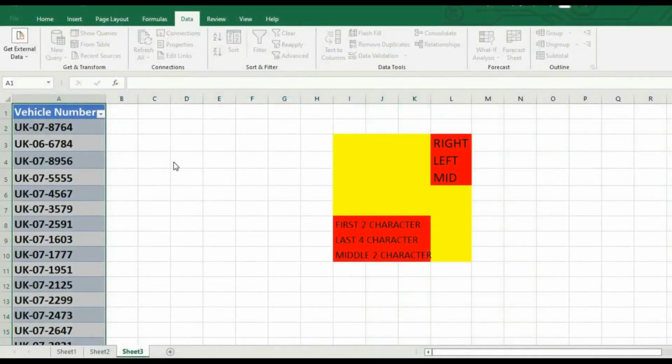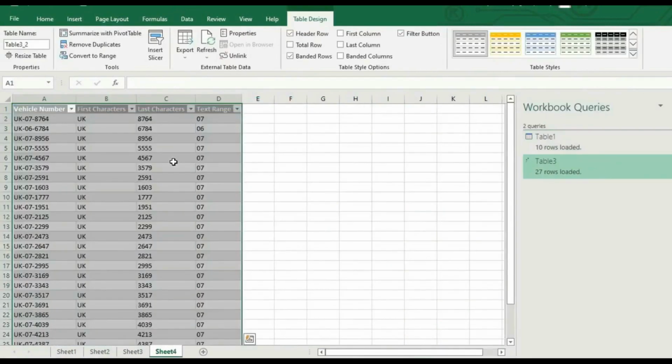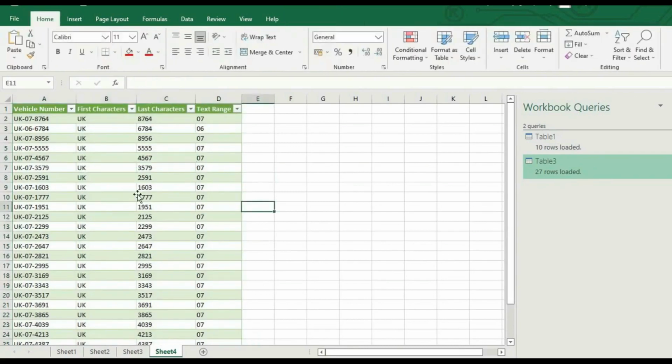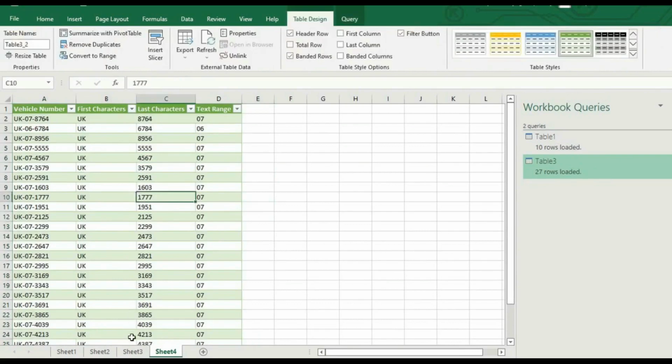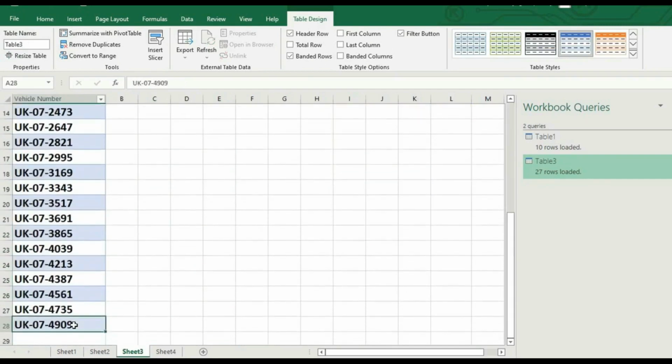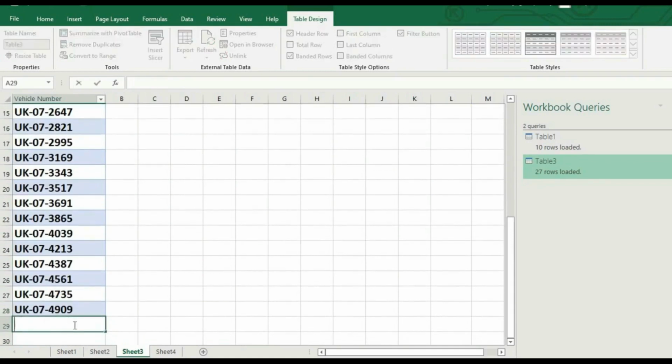After doing this, we will find our data in a new worksheet, and this is our data. So whatever change we make here will be reflected there too, and our Power Query table is in green color. Generally we will find our Power Query table in green color. This is our original data. So if we add something to it, I will go down and add something here,